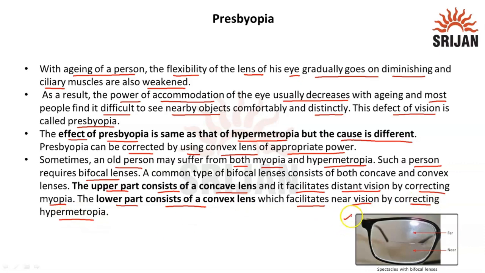Here is the picture of spectacles with bifocal lenses. This part is for viewing the far off objects and this part is for viewing the nearby objects. The upper part corresponds to the concave lens which helps to see the far off objects, and the lower part consists of the convex lens which helps in